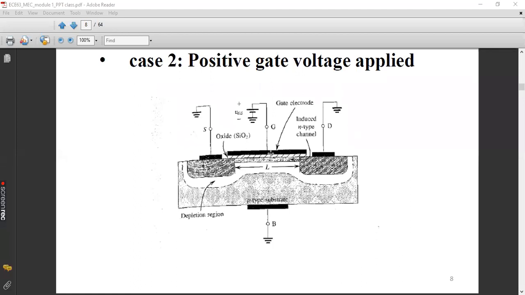So they came towards the body, or the down portion of your P-type substrate. And because of which the immediate vicinity under the gate terminal, under this SiO2 layer, will be devoid of free charge carriers, or we can say that free charge carriers have been depleted from this particular region, because of which it is named the depletion layer.